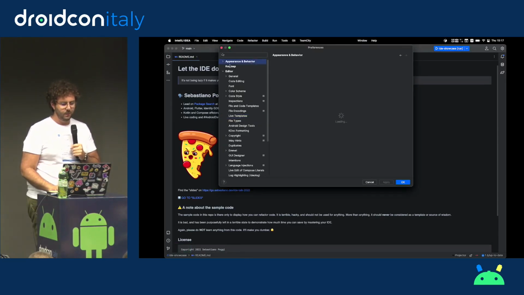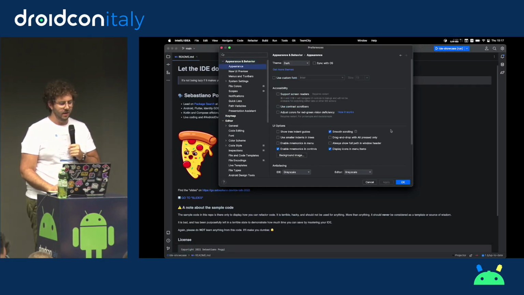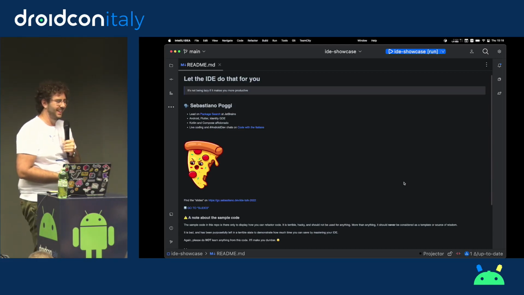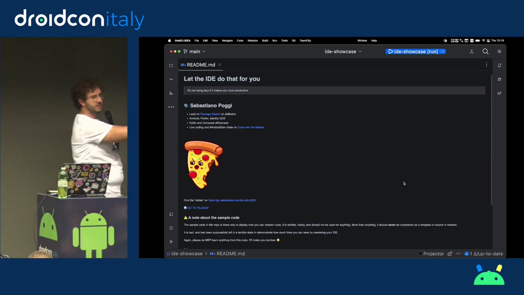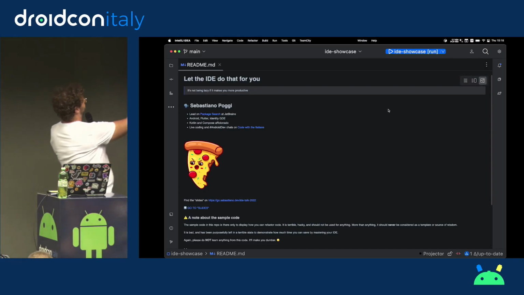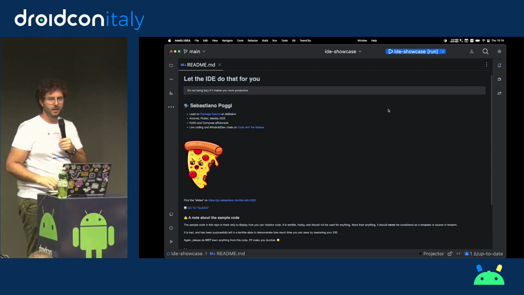So the first thing is, when you go on stage and you realize that everything is way too small, you can go in the settings and change the font to something way bigger, and hopefully you can see it. Is it better? I don't think I can do any more than this without being unable to see any code anymore. This is small. It's going to be bigger when we get to the actual code. Don't worry. But at least you can see this. The chrome of the window is bigger.